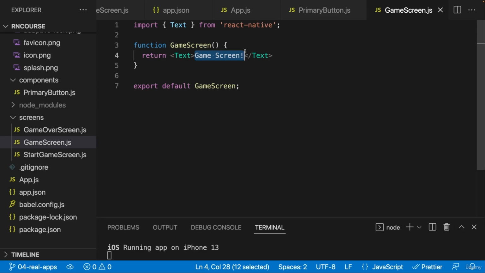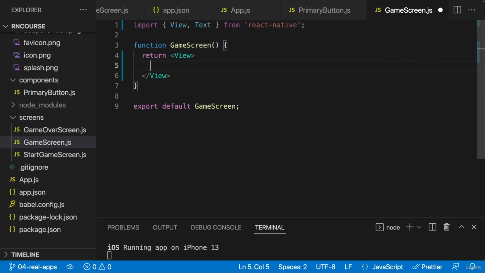Then we need to output the controls that allow us to provide feedback to the program, and then we need to recalculate a new number based on that feedback. In addition, I want to log all the rounds we had in the game, so I want to log the different guesses that have been made. Therefore, here in the game screen, we will definitely need a view to group all these different UI elements that